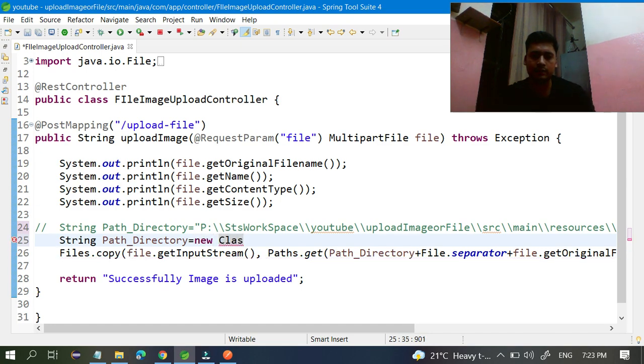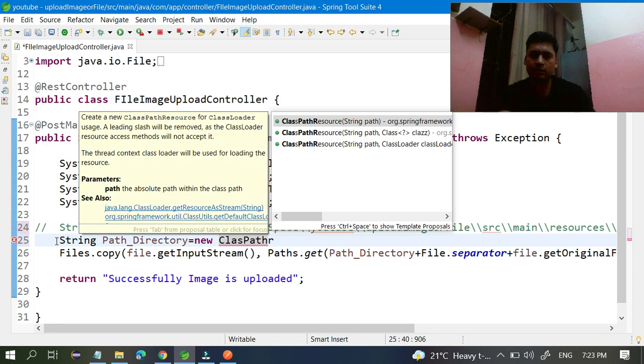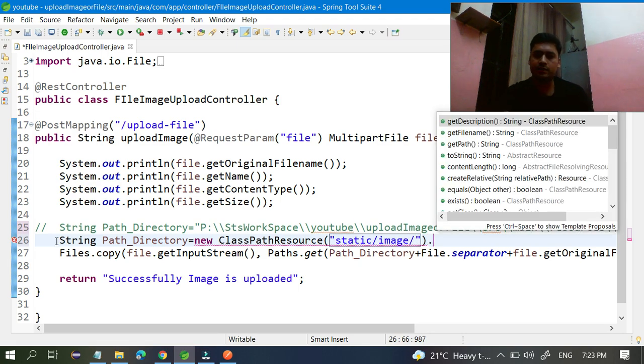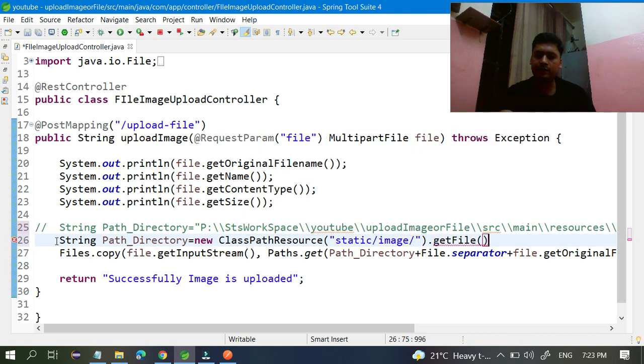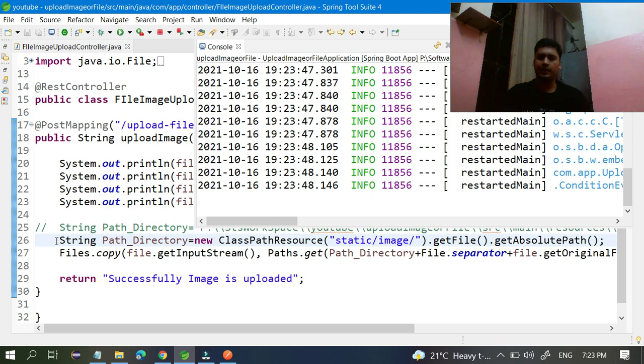You can pass just statics slash image slash, and here you write the file, getFile dot getAbsolutePath. That's it. This becomes global, so you can store this data in your application and your friend does not get any errors. This application runs anywhere because you gave the root directory of this project. So it is a good way to do this.